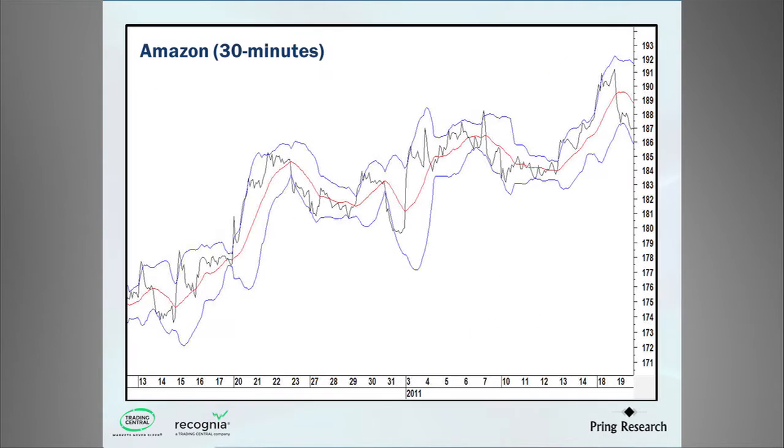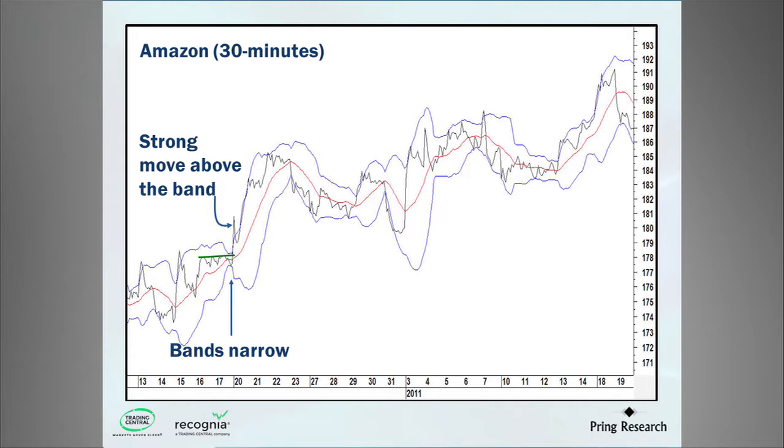This chart of Amazon, based on 30-minute closes, offers a number of Bollinger events. It's almost like 1, 2, 3. First, we see the narrowing of the bands indicating a fine balance between buyers and sellers. Second, confirmation that the battle has been won by the buyers as the price breaks above this green trend line. And third, confirmation not only that prices are going up, but probably at a fast clip as the price moves